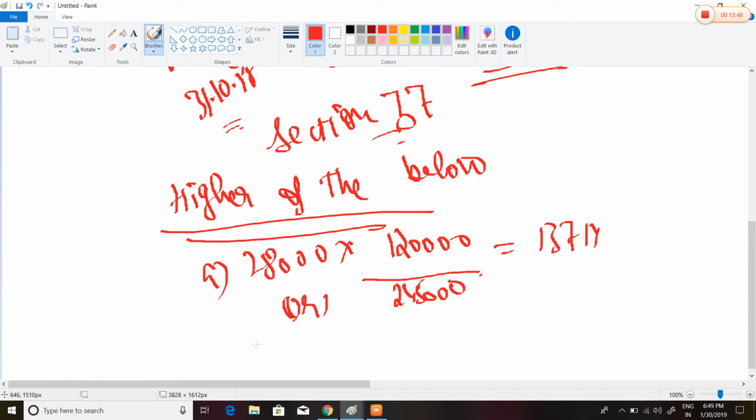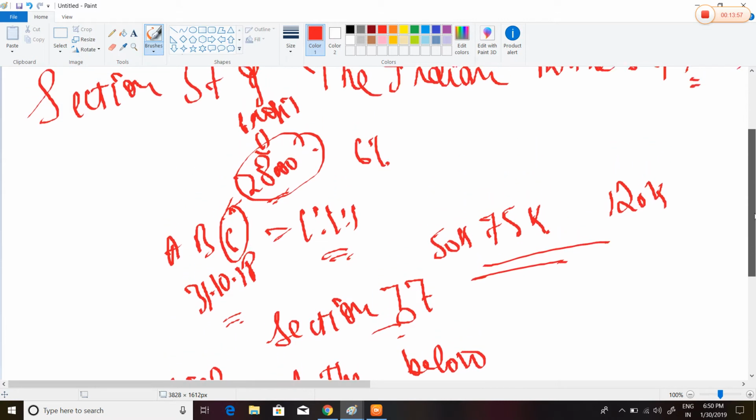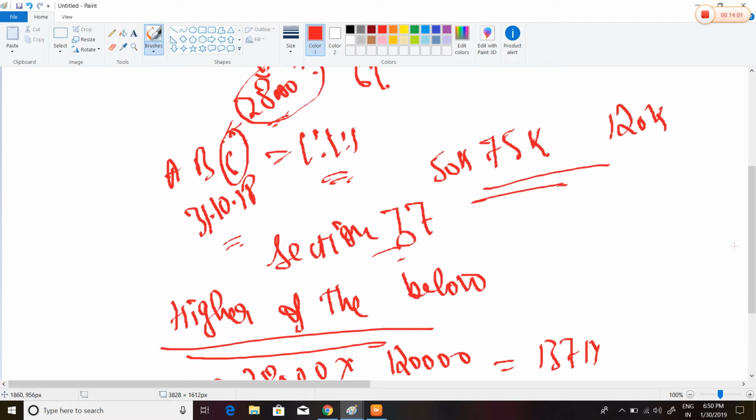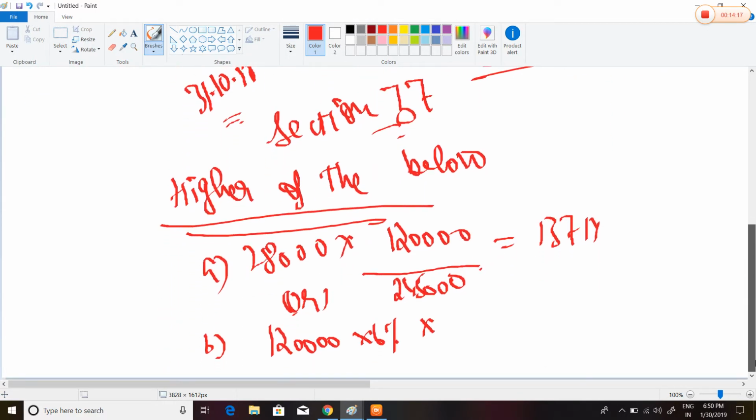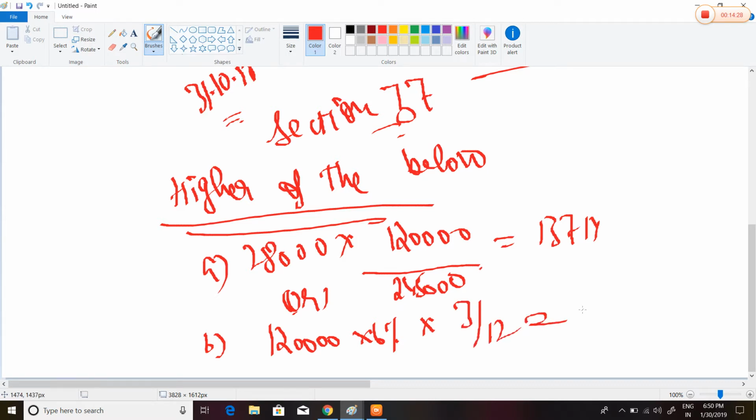or he would get rupees 1,20,000 into 6% for how many months? For 3 months. How 3 months? He is retiring in October, and his share of profits is received in February. On 31st October he is retiring, that is November, December, January, 3 months profit he would get. It would be 1,20,000 into 6% into 3 by 12, that is 1,800 rupees. Then he would get this much amount,